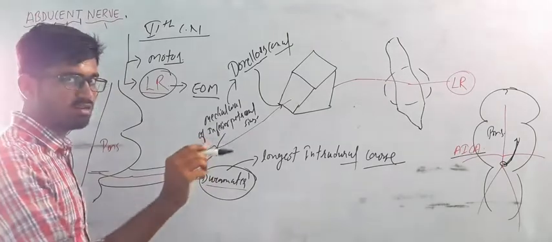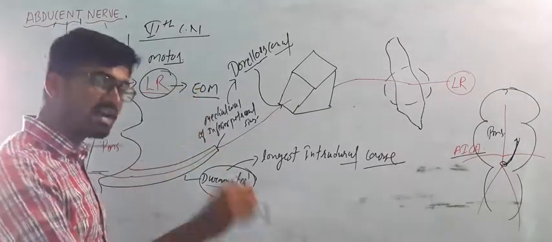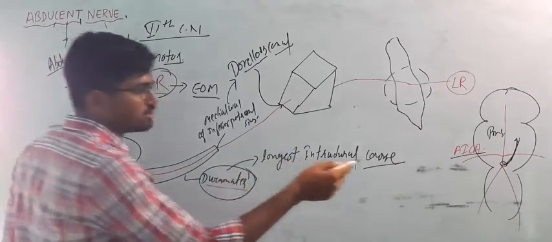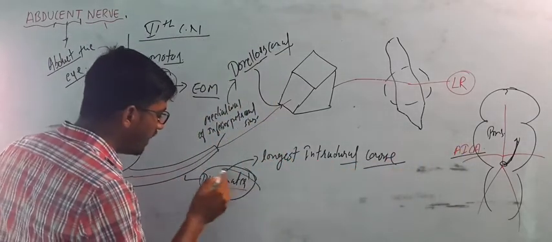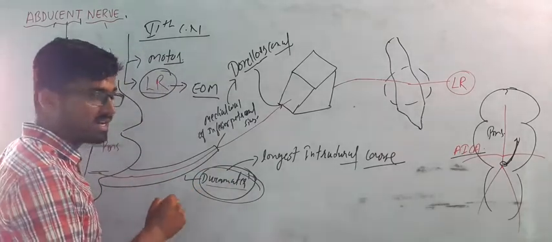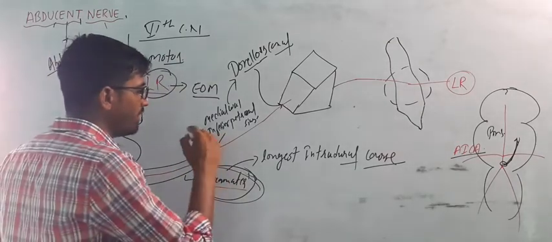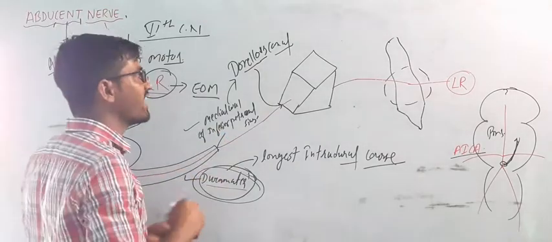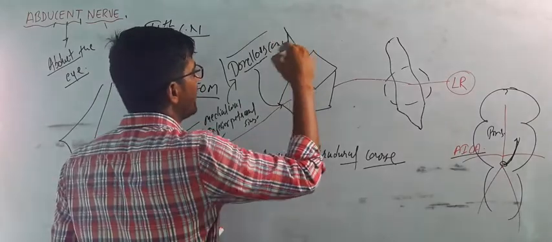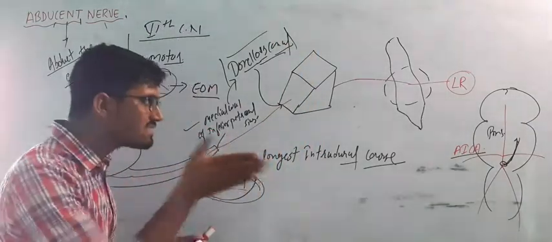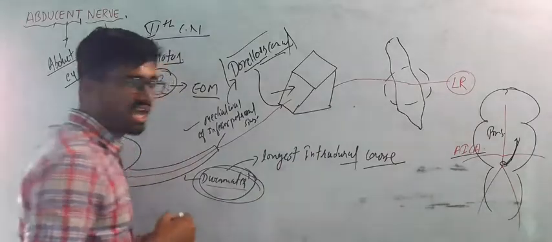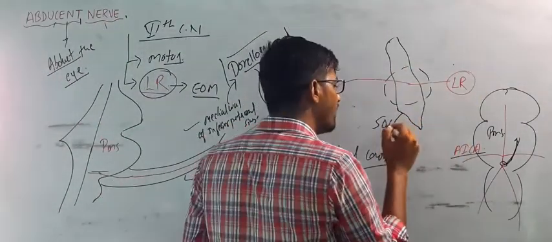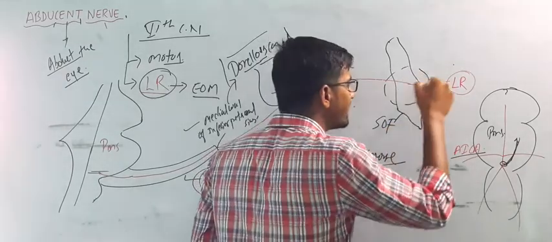Anterior cerebellar artery, not cerebral artery. Anterior inferior cerebellar artery, which supplies the cerebellum, right? So it crosses this and after that it enters the dura mater, and from here the medial wall of the inferior petrosal sinus, and it enters one canal that is called Dorello's canal. From here it will pierce the cavernous sinus and enter the orbit through the superior orbital fissure within the tendinous ring